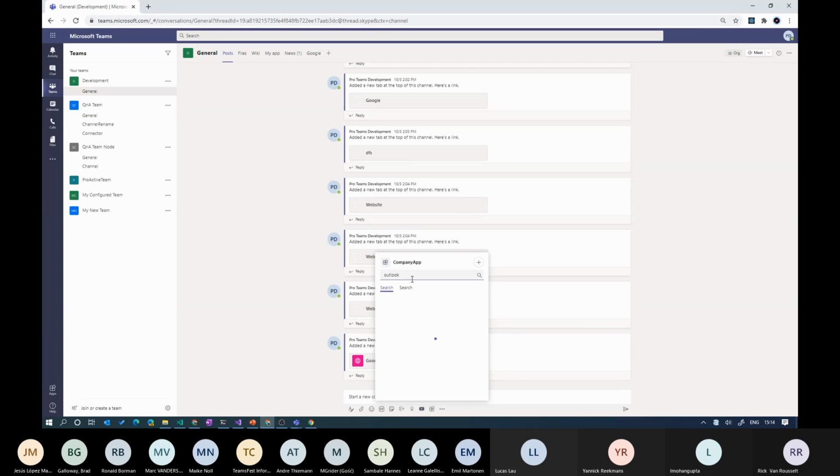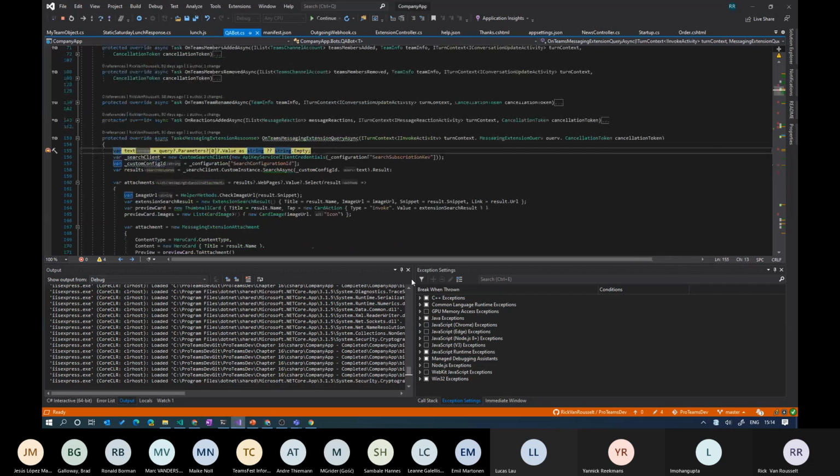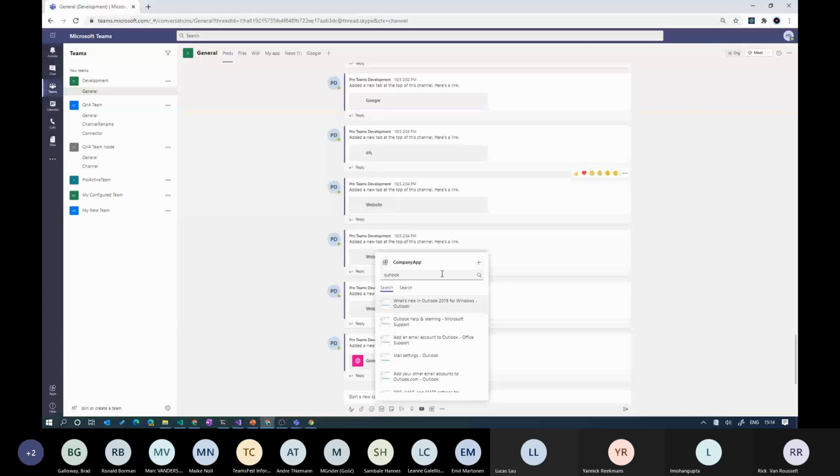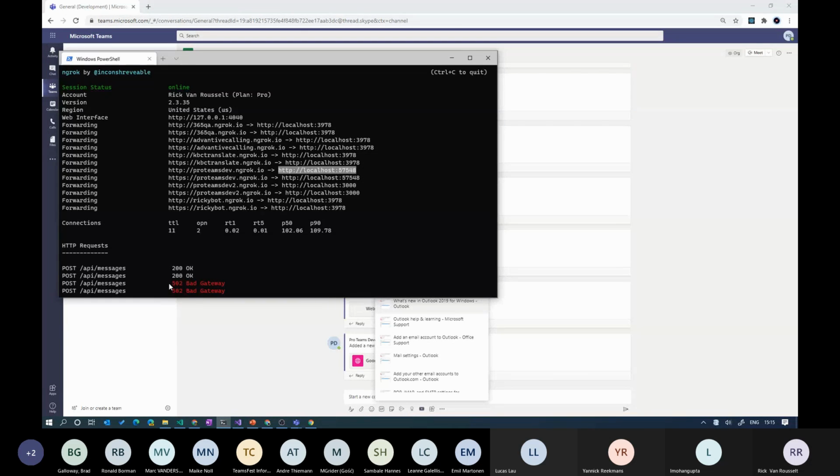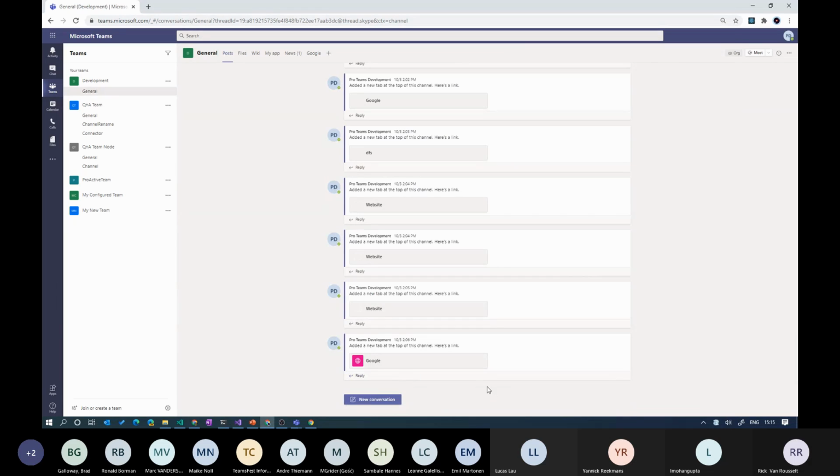Don't have to do the entire query again. Every time you type, I think from the 3rd letter, we start a query. So we're hitting our code in the backend. We can see that because we have a breakpoint, and we can also see that in our ngrok. As you can see, the bad gateway, that's because my Visual Studio was not running. So we have an OK, our code came back, we searched for some results, we click on it, and of